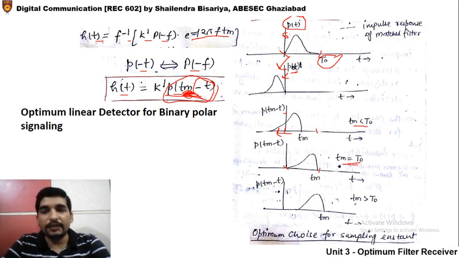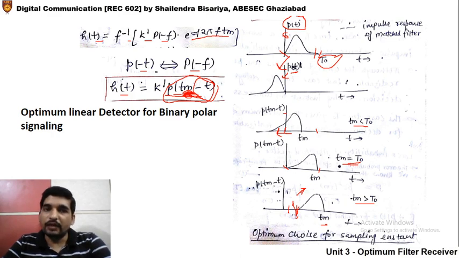And the third case, if Tm is greater than T0, then it will start from this point Tm, that is T0, and it will proceed further up to 2Tm, if it is just greater than or equal to T0. And later on it will be a pulse width of Tm. After this time period Tm, it will be somewhere outside.